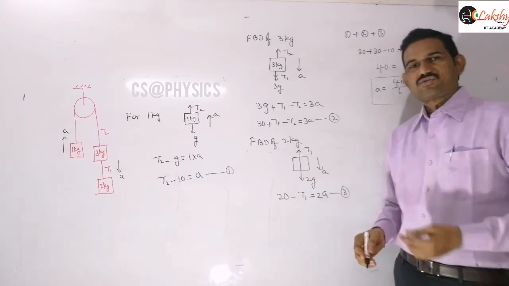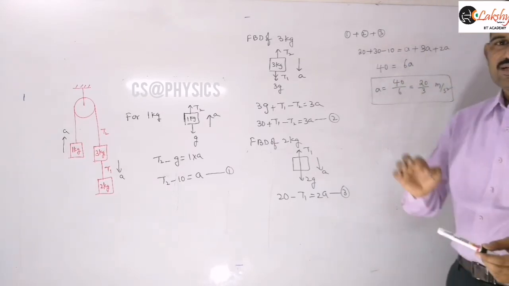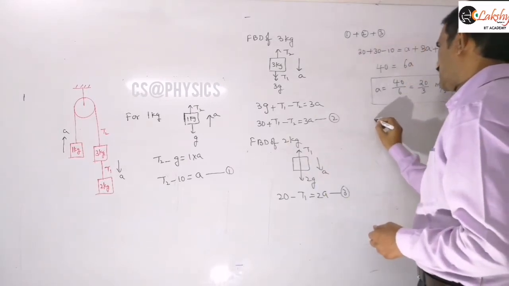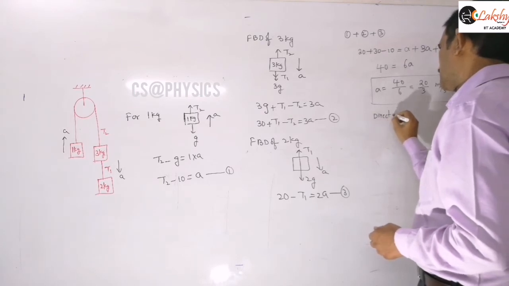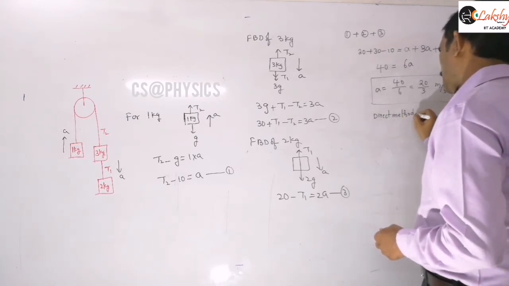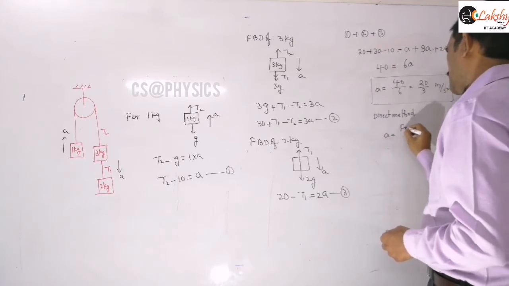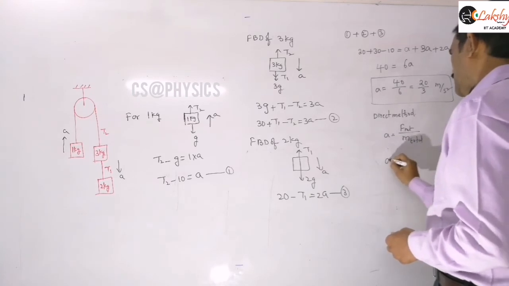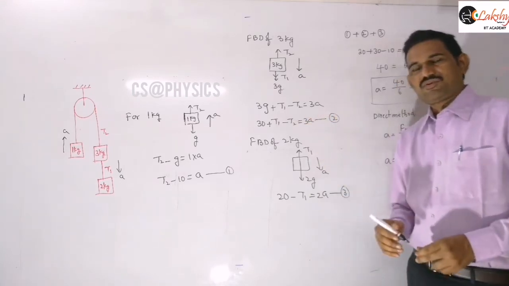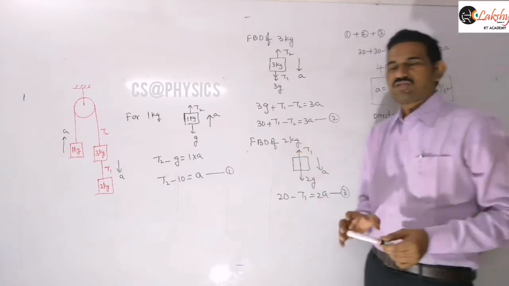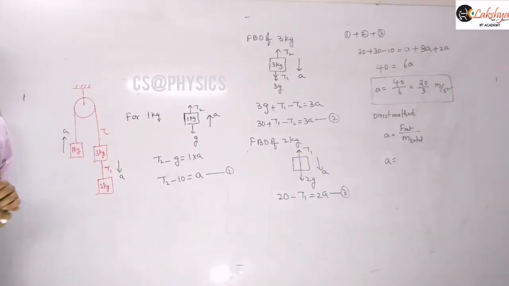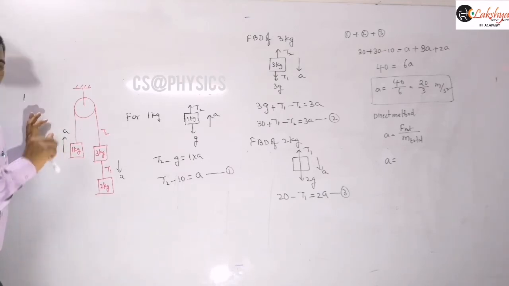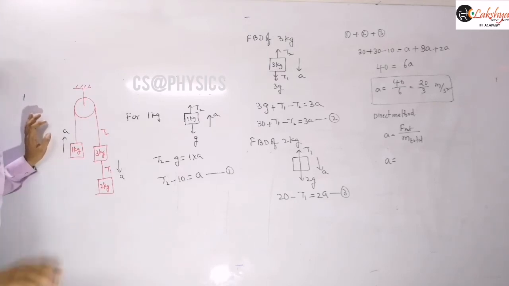So once the acceleration is known, you can calculate the tensions. Now let us see this acceleration by the direct method. In the direct method, if you want to write the net acceleration, it is the net accelerating force by the total mass in motion. Which is the accelerating force, and which is the system when the two blocks are considered together? Remember, when you are taking the direct method, all these tensions will become internal forces, so no need of taking the tensions here.